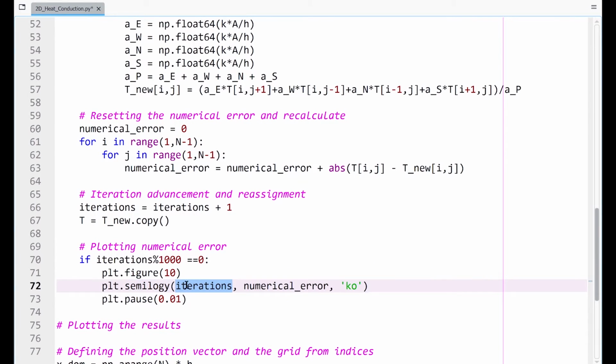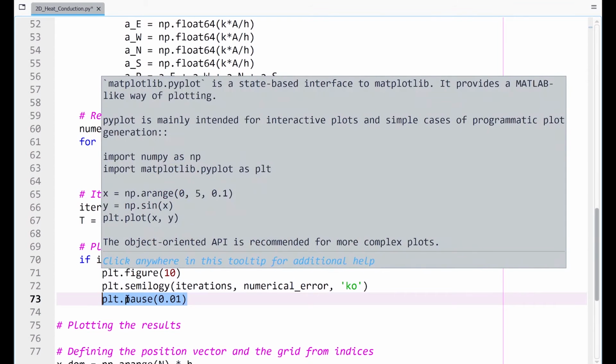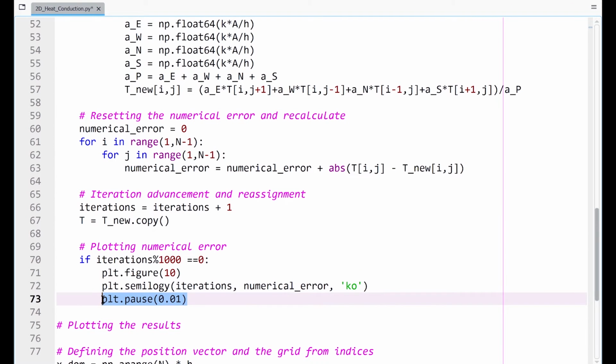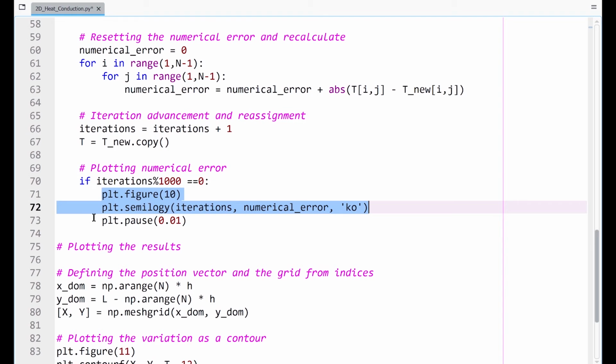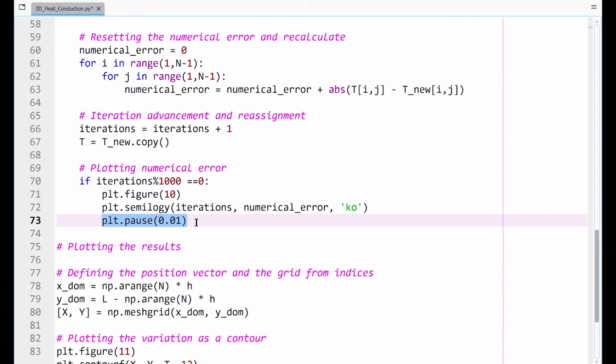So here I'm plotting on the x-axis, as I said, the iterations, and on the y-axis the numerical error. And I'm simply saying to plot it as a symbol, where the symbol is a circle of black color. And I'm giving it a command called plt.pause. So after it plots one particular point, it would take a small pause. You would actually see that if you don't have this here, the plot would show up directly towards the end of your code execution. So you wouldn't see that real-time kind of system. So this is where this pause command is quite helpful.